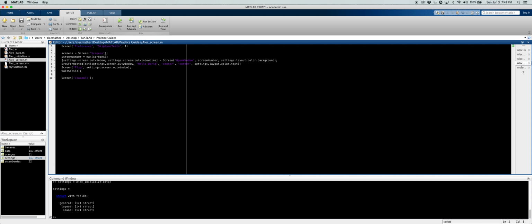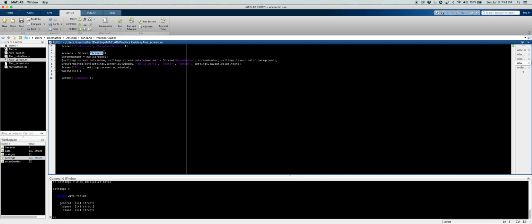And yeah, that's it. So let's look at this line by line and see exactly what's going on so that we know how to pull up a window, because there's some things that you have to do before you can just start drawing on your screen, obviously. So first thing you're going to do is you need to create a variable called screens where you use the screen function and call all of your screens. So what that means is we're going to create an output of screens, which should show up down here in our workspace, and that output is going to contain